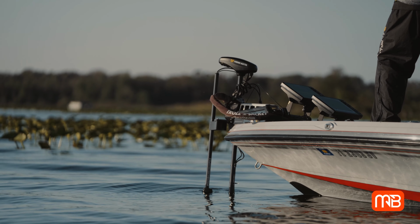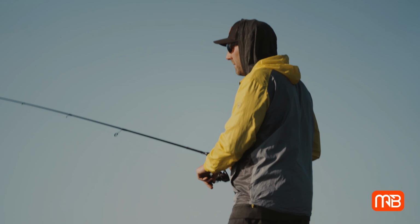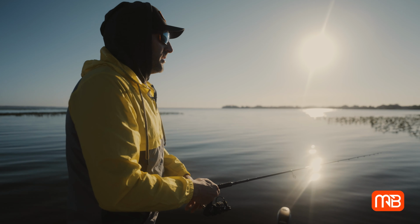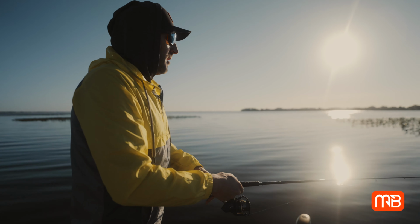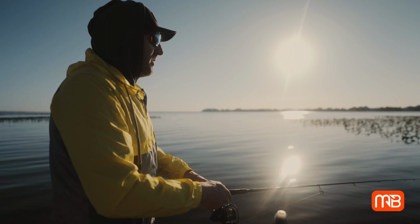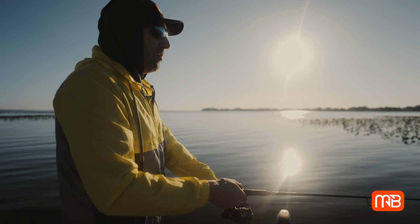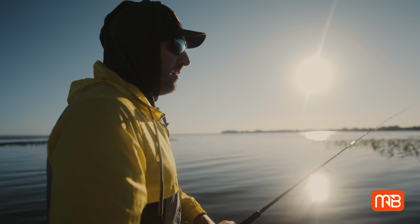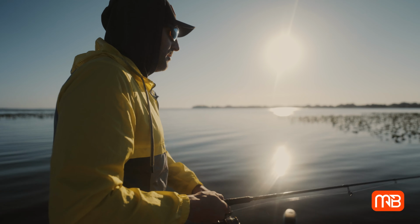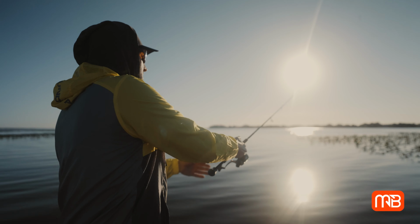So I will vary the retrieve just a little bit. Here I'm actually going to work this bait pretty fast along this lily pad edge, because I'm just covering water. And so I'm not really slowing it down too much. I'm just doing a steady pull and reel up the slack. But a lot of times if you get in an area where you know there are a lot of fish and you really want to slow it down, I'll make a nice long cast